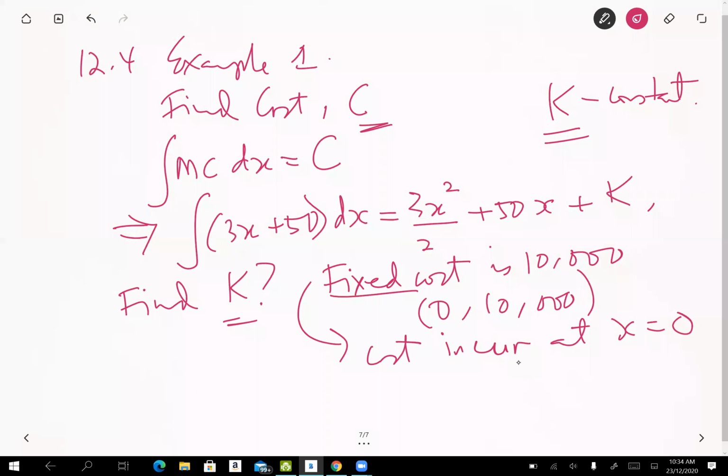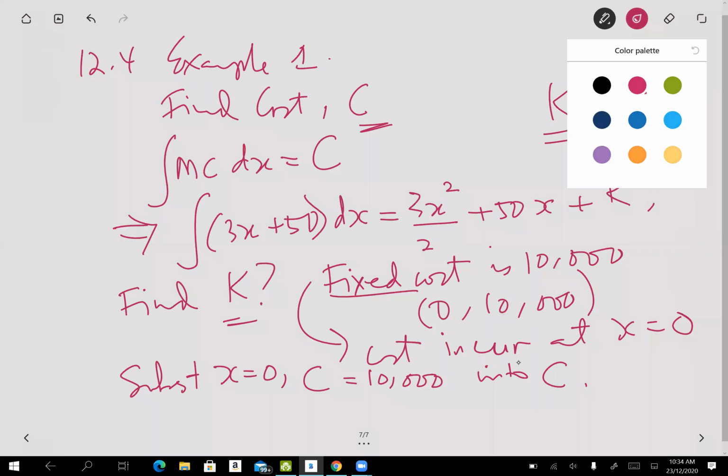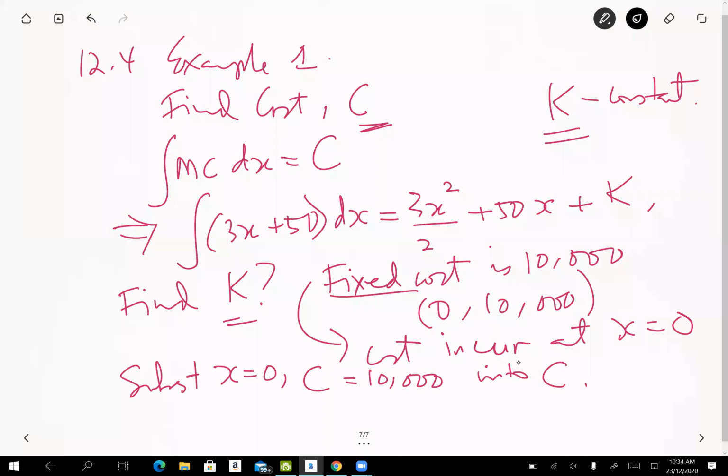So now substitute. All right, you substitute into the integral. Substitute x equal to 0, c equal to 10,000 into the c. So here, I didn't write the thing. We should use this. Either you write here that's the cost, or after you get the integral,